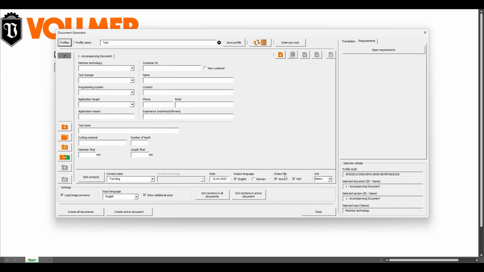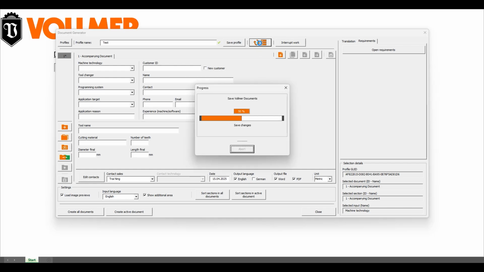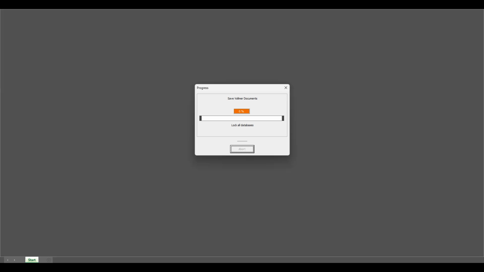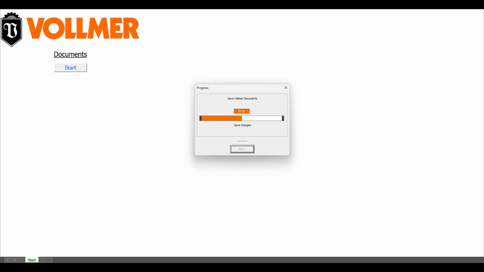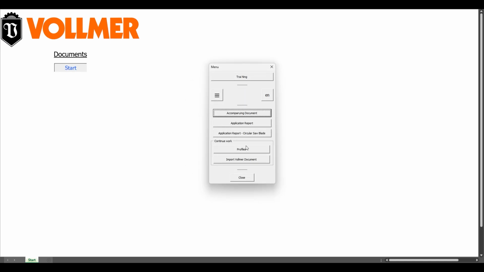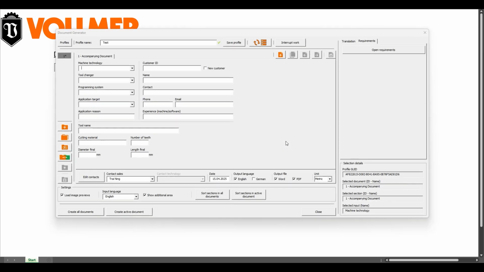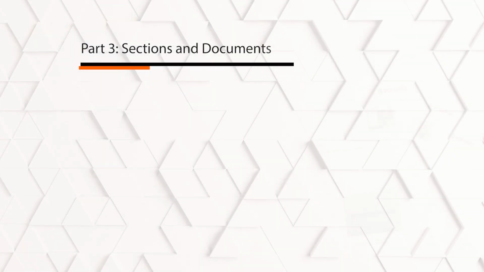Although a profile name isn't required to create a document, it's needed if I want to save my work. By clicking Save Profile, I store all current entries under the selected name. The icon next to that button lets me save all data directly to the hard drive. No need to close the menu. And if I suddenly need to pause my work, I click on Interrupt Work. This saves everything in a special profile called Interrupted Work and automatically closes the software. This profile exists only once. I can't duplicate or modify it, but I can delete it later if I want.